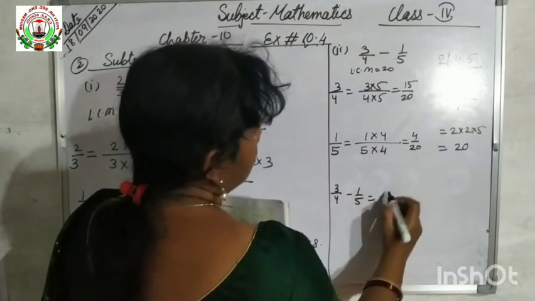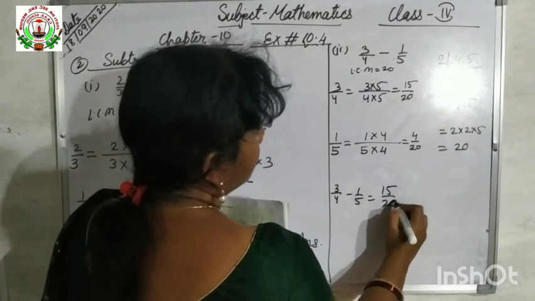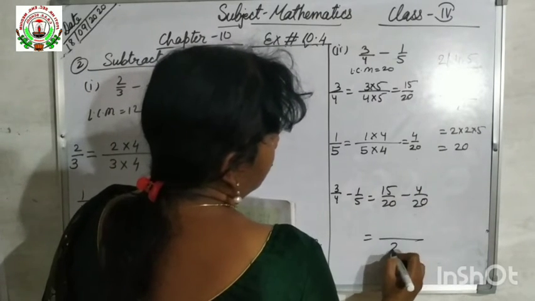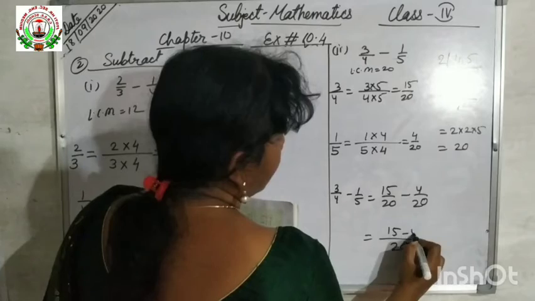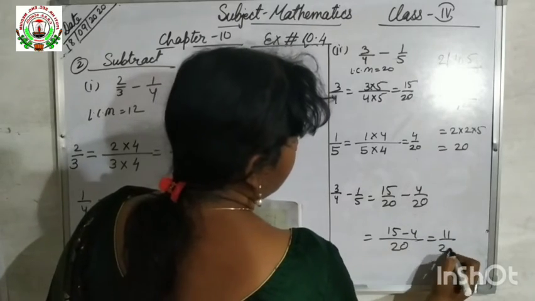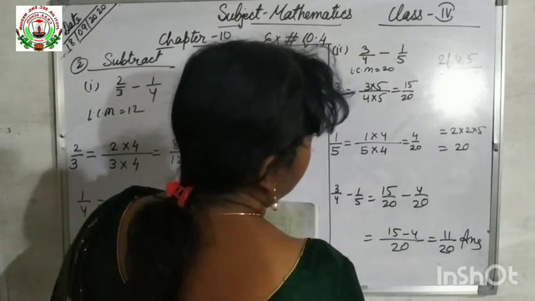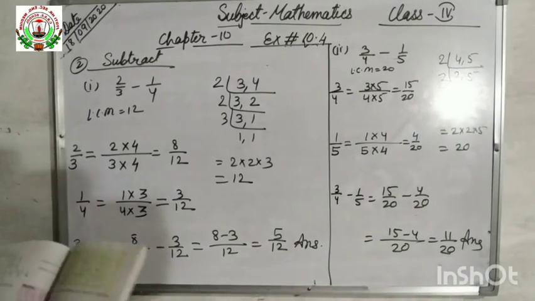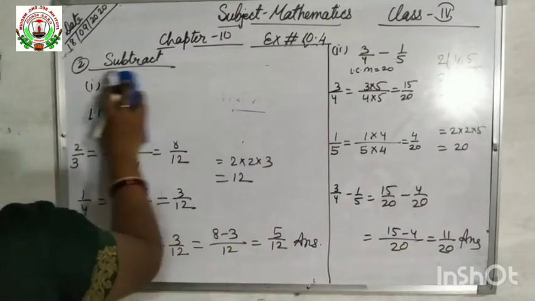After making this, 15 by 20 it is, and it is 4 by 20. Now 15 minus 4, that will be 11 by 20. This is the answer. Understood? So we have completed 2 questions. Next we will see